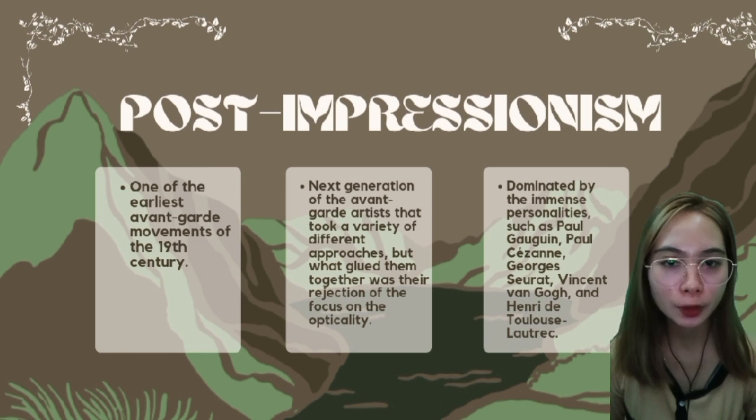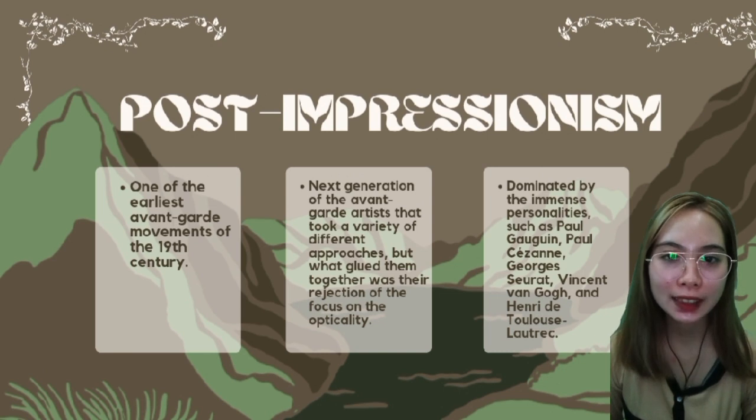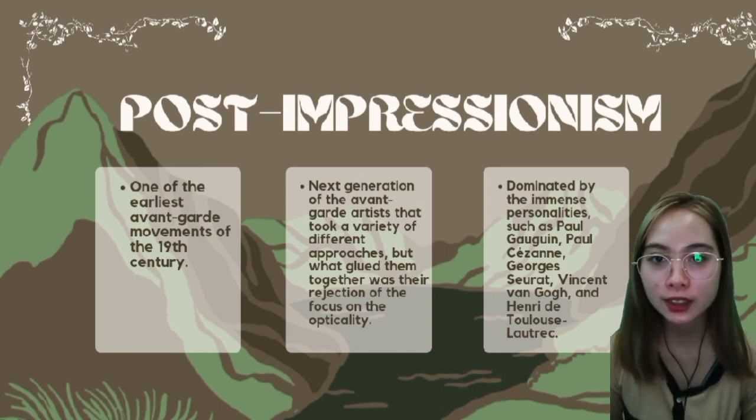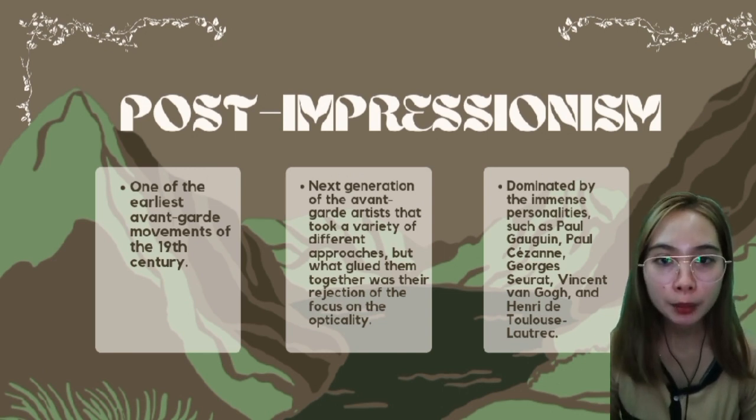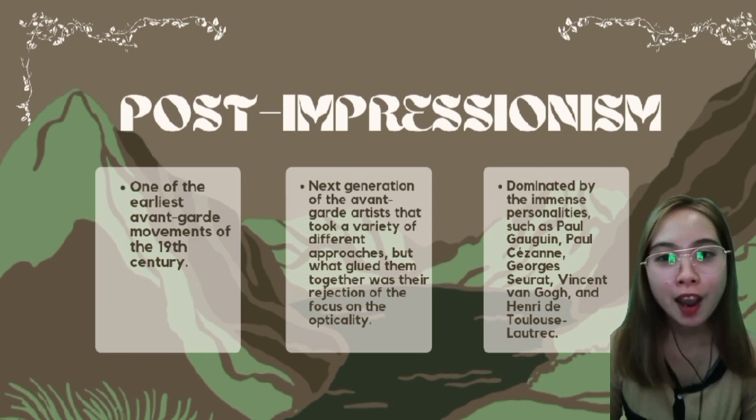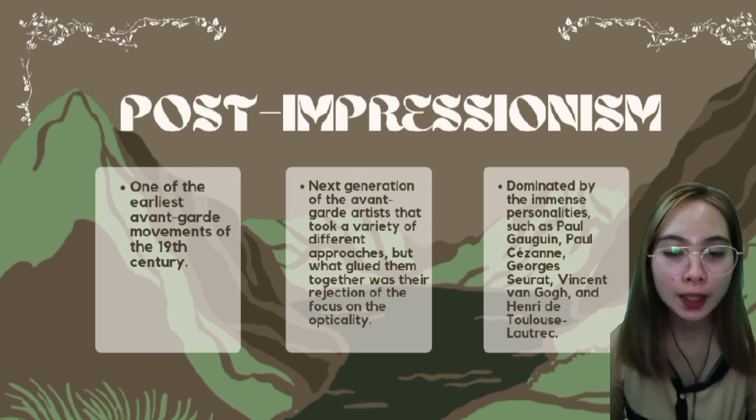Following from the predecessors of the Impressionism movement, post-Impressionism was the next generation of avant-garde artists that took a variety of different approaches. But what glued them together was their rejection of the focus on the opticality of the Impressionism movement. Emerging as a reaction against the Impressionists' concern for the naturalistic depiction of light and color, post-Impressionists fought to bring back the focus on the subject matter and the structure in paintings that they felt was